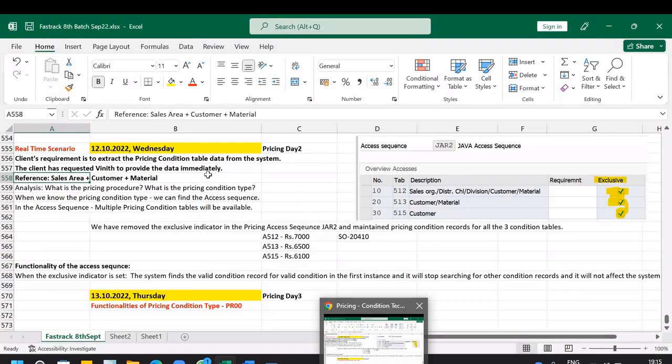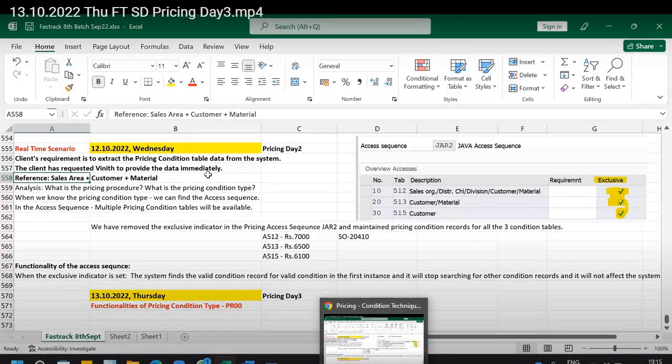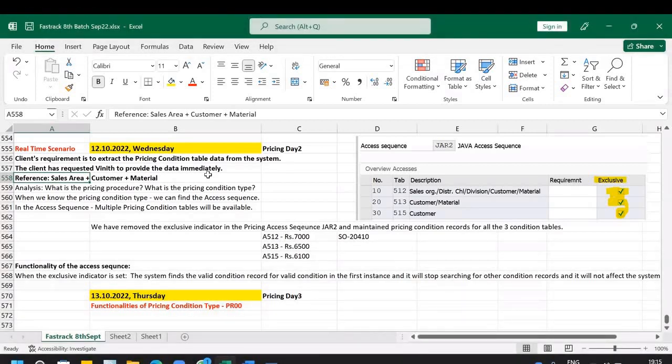In a similar way, you need to extract the data at table level at all levels. Maybe customer master data level, company code data level, sales area data level, material master data level, or sales document data level, VBAK, VBAP, VBEP, any kind of a condition, any kind of a price table, where we have to provide the table name or number in SE16N,